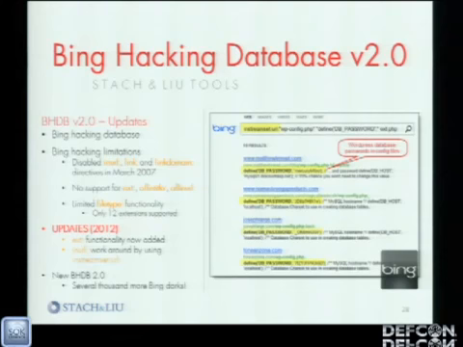We found some workarounds for that, and we were able to release 1,000 or so queries for the first Bing hacking database. But now we're proud to say that in the latest version, due to two major updates, we are for the first time able to make Bing hacking just as effective a tool as Google hacking. And that's because, one, Bing decided to enable the ext: operator to allow you to search by file extension within the last year. So that was one. And two, and this was the big one,